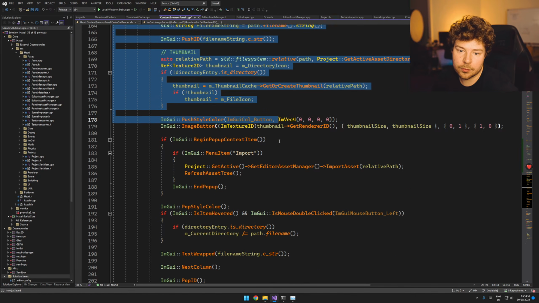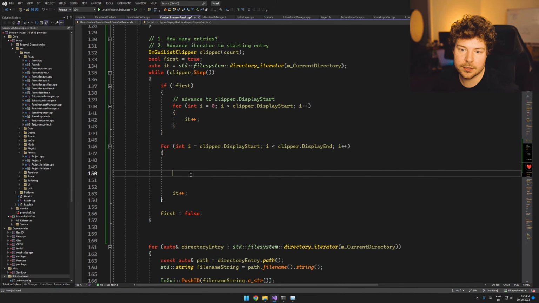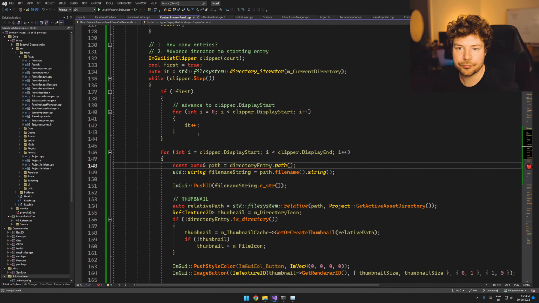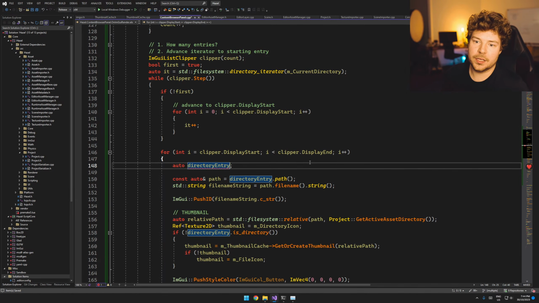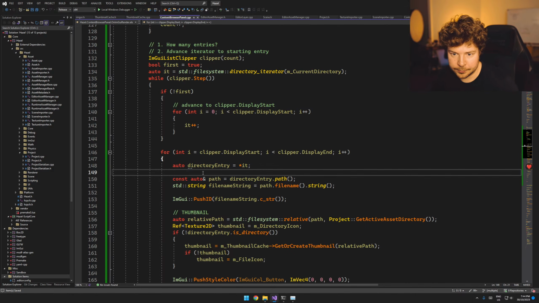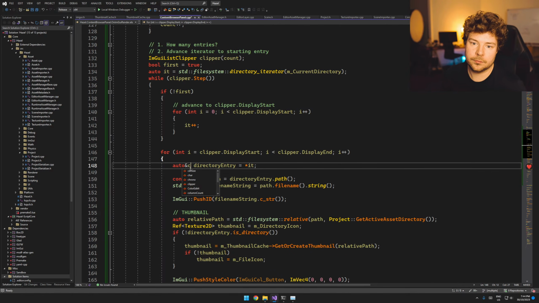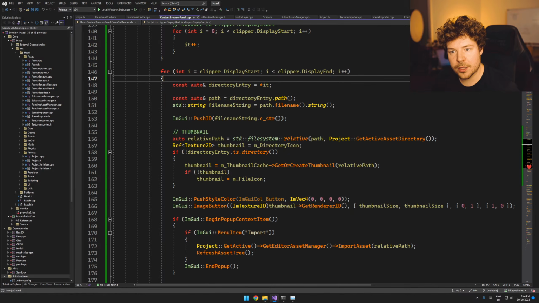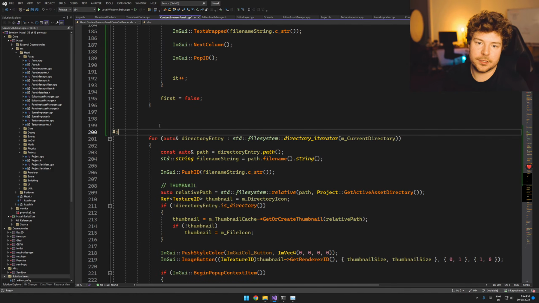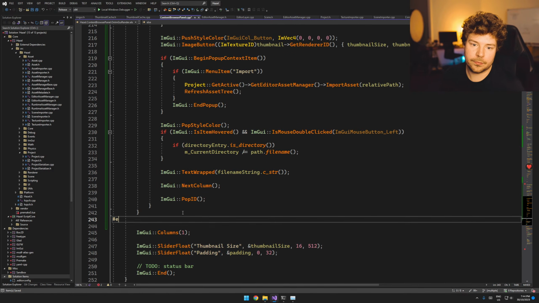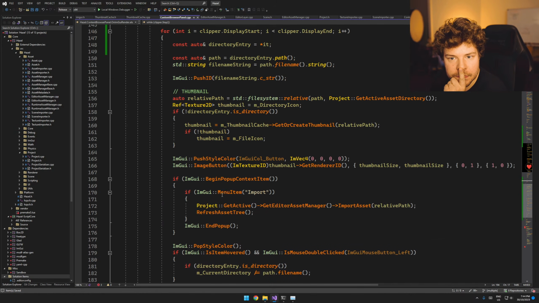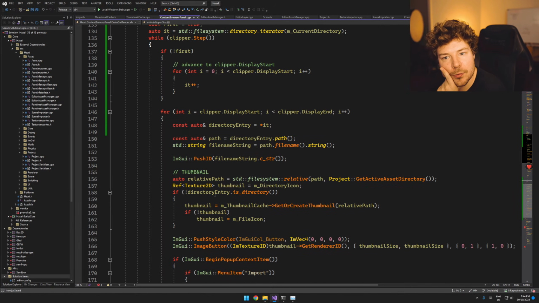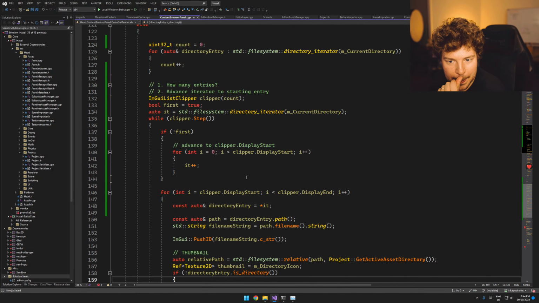And so this is basically what would be here, right? So we can copy this for now, paste it in here, and then directory entry would be basically that. I guess you could do const. So that's basically it. So this is the old code. Get rid of that for now. Yeah, and I don't know if that would work. But the idea here obviously is that